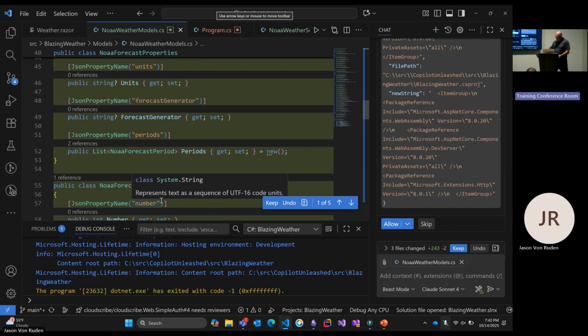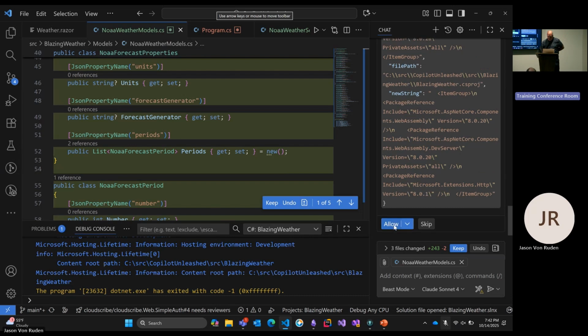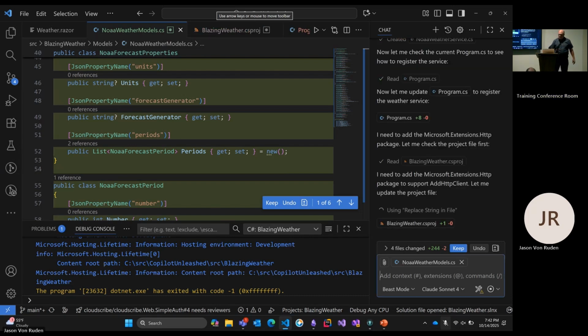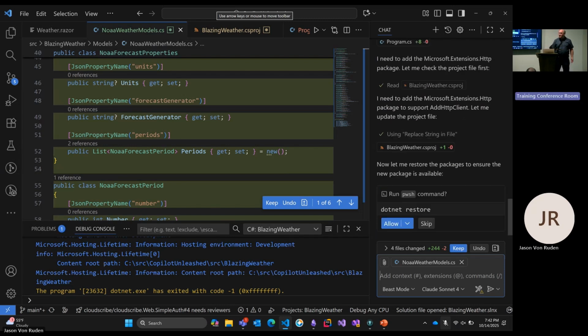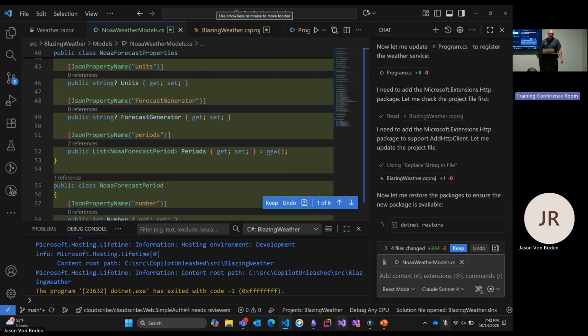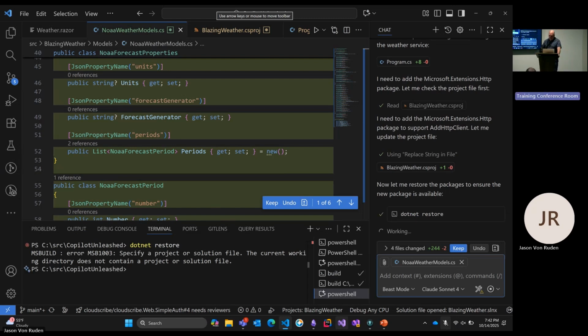Oh, thank you. All right, so what do we got here? It's saying edit sensitive files. I was just talking about that. So yeah, I think I'm going to allow this. So you kind of get the deal where there's certain things that it says, all right, well, to make sure this works, I got to do a .restore, because they may have to install NuGet packages, things like that. So